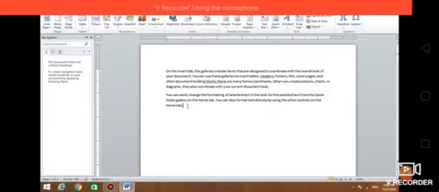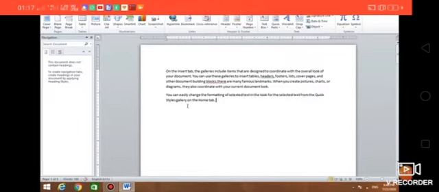And place the cursor to the left of the word to delete and press Control plus Delete. Deleting a block of text. For this we have to select the text. Select the text to be erased and press the Backspace or Delete key. When we press the Backspace or Delete key, the selected text will be deleted.